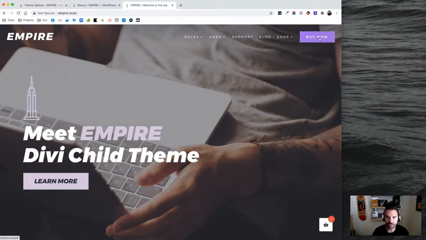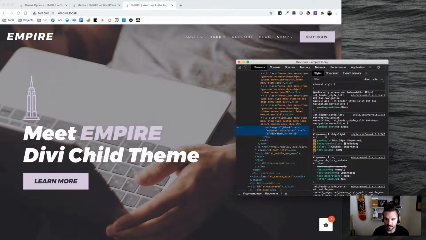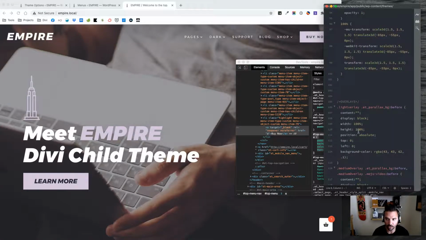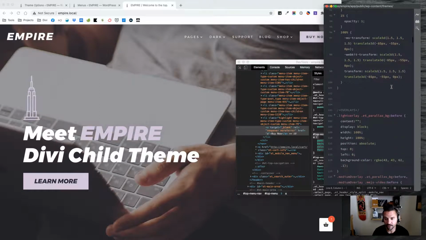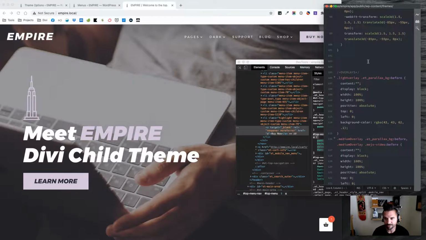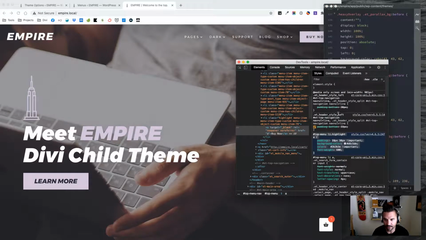But let's say I want to change the color of this button. This is in CSS here. I'm going to right click in Chrome, inspect it, and then I'm going to see it here, and I see this top menu, li.highlight A. Here's a couple colors assigned to it. So I'm just going to copy this guy. Or if you do have the CSS file open, which you'll get as part of your download, actually. It'll be in the theme folder. So you'll have this, but you can find out where that line is at. It says